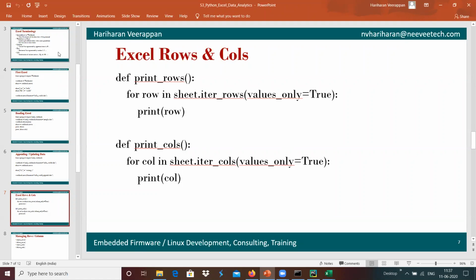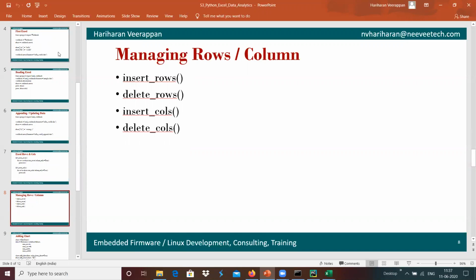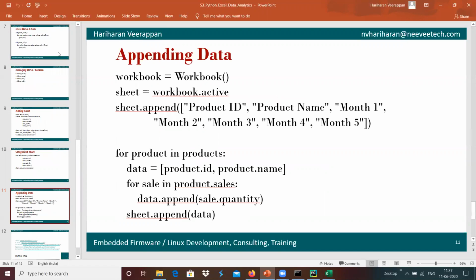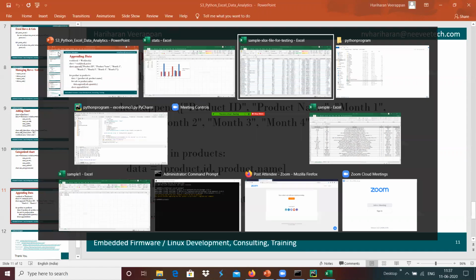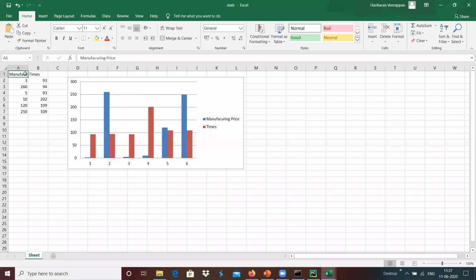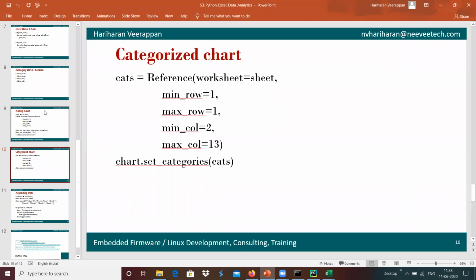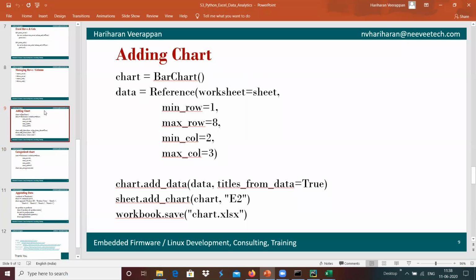If you want to do the counting and analysis of that data, that can be done using the complete rows and columns of data, and we are able to add or create rows with the help of appending the list into that file. We had files of information, something like manufacturing price and times, with the data updated. We can use this to update, and we can use the bar chart to provide a graphical statistical view of our analysis.